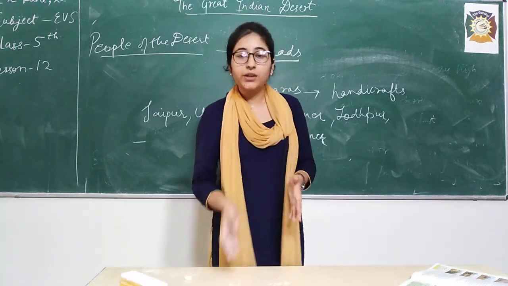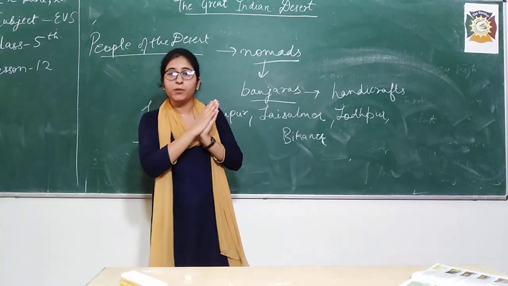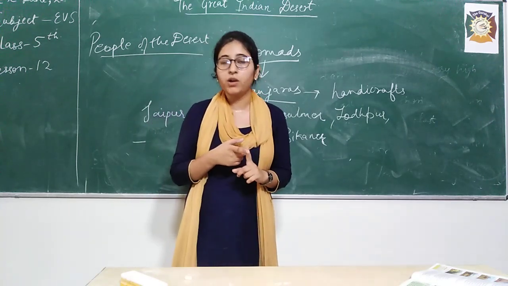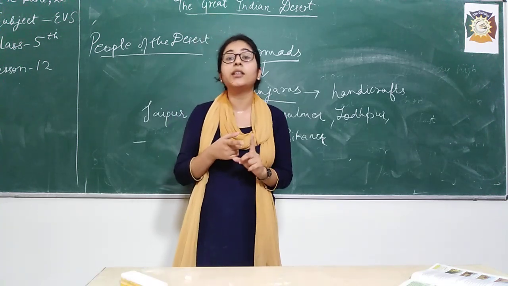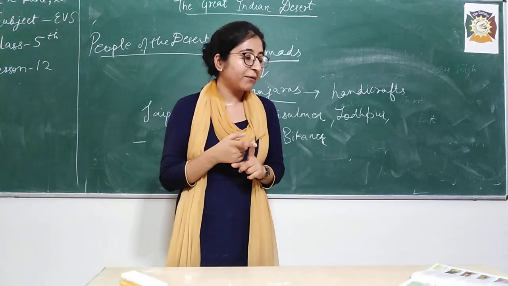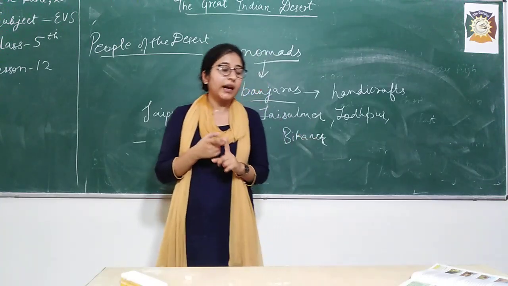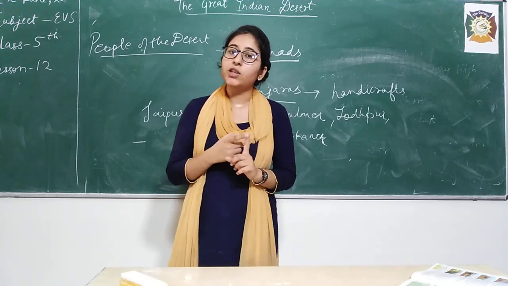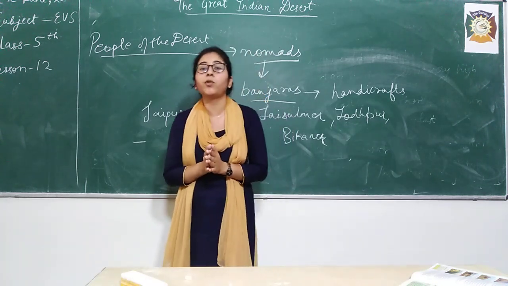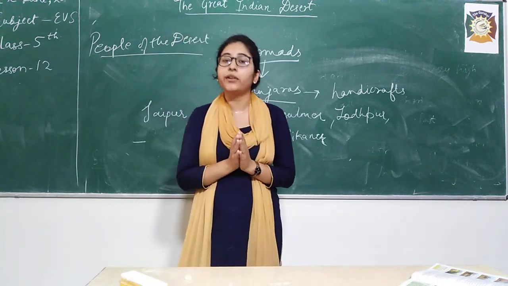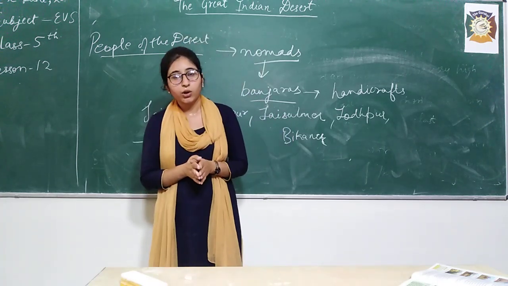Okay. So students, the last topic of the chapter was people of the desert. So we discussed 3 topics today. One was crops, what kind of crops are grown there, and the reason for the crops was the Indira Gandhi Canal, right? After that, we discussed climate, and then we discussed how the people of the desert are. Okay students, just go through this chapter from the book, read it thoroughly and then go through the notes and write the question answers in your notebook.